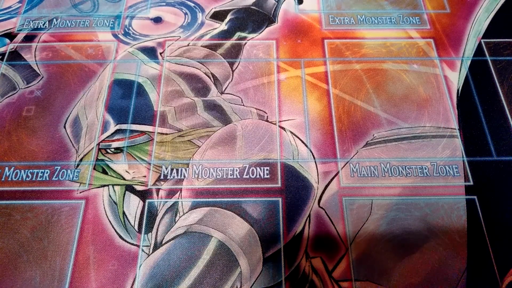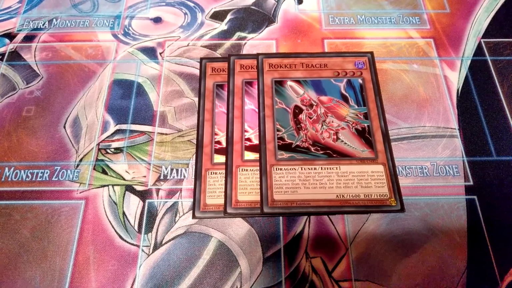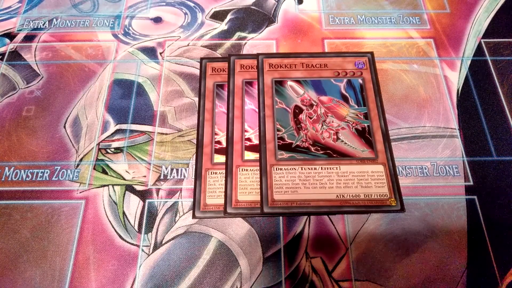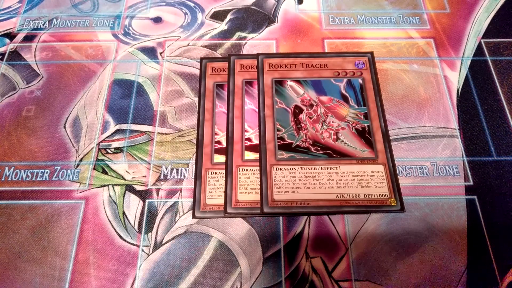So first the monsters. First I use, of course, a triple Rokket Tracer. Of course, this is the pure Rokket deck, not the Dragon Link deck with all the combos, including the Eve Synchro and using the Dinosaur engine or a Cybers engine. But it's definitely a pure Rokket, but still, of course, using the card dragons because those cards are just too